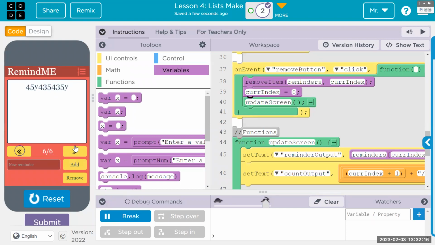Okay, and we're on the last one. We hit remove, it goes to the first one. Hit anything else, remove, it just goes to the first one. Excellent. So the problem, and I haven't even solved it yet as we're working, is if we remove an empty list,